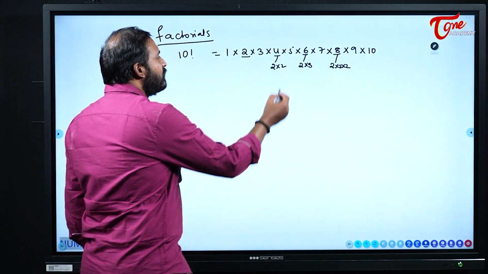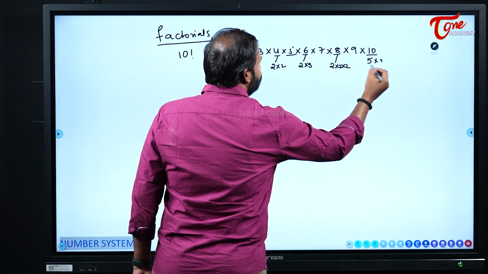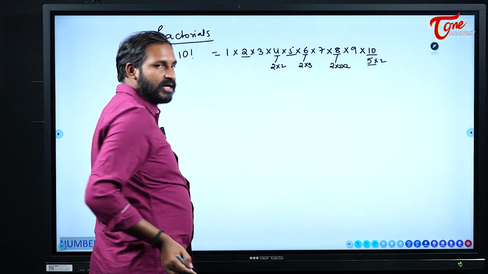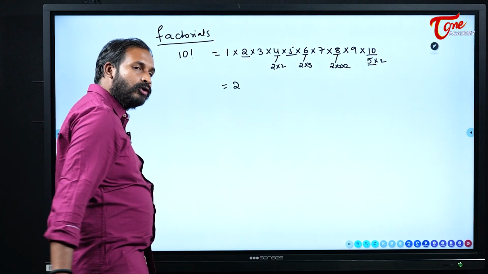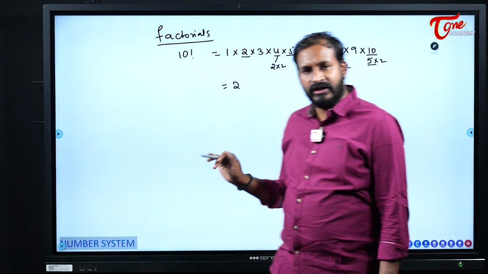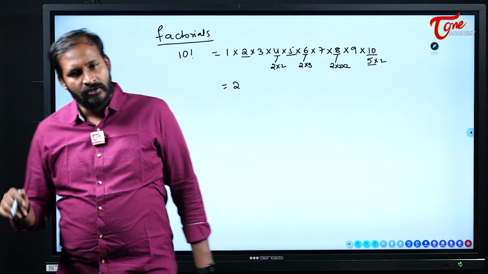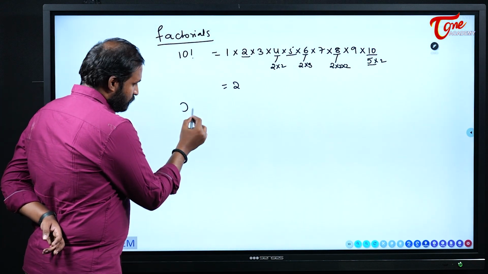Now, please observe here, how many 5s do I have? I have a 5 here and a 5 here. So, 2 5s are there, and the number of zeros at the end of 10 factorial will now be 2. If it is 10 factorial, it is easy for us to solve it. Good, superb. But if the question is some 200 factorial,